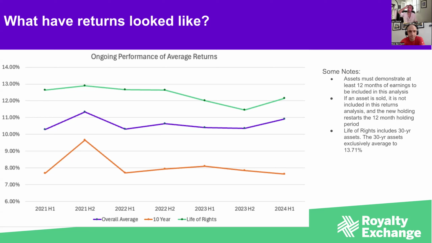Right. There are some other exclusions, like, for example, fixed return assets wouldn't get included here because they were kind of a different beast altogether. So stuff like that. If you are interested in seeing the full report, get the All Access membership because that includes a lot more analysis beyond this, including comparisons between musical composition and sound recording and those different rights types.